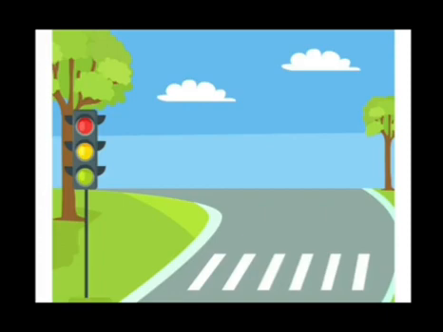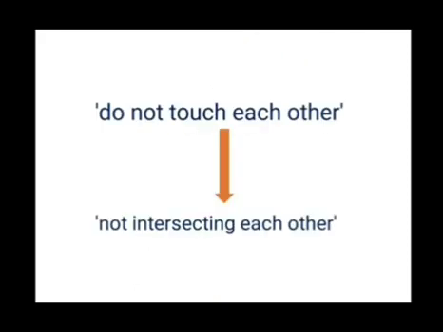Our next picture is a picture of a ladder. When you observe a ladder, you see that the vertical lines, that is, the side lines, do not touch each other. They have proper distance between them. Now, in these examples, we heard a common sentence, that is, do not touch each other.